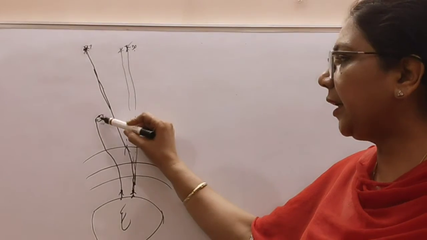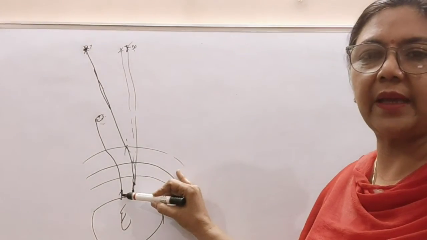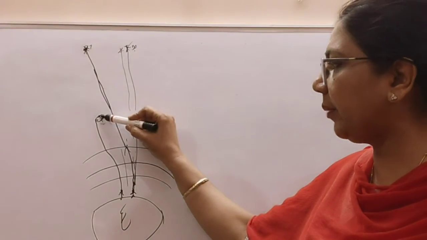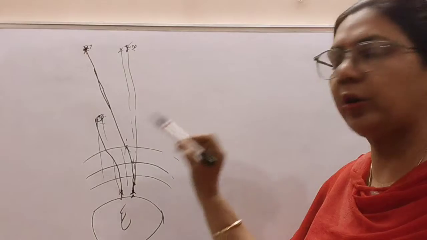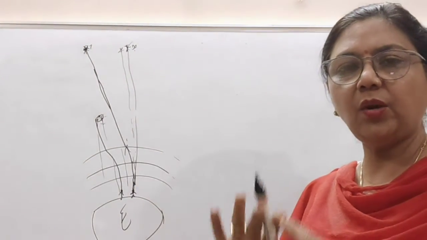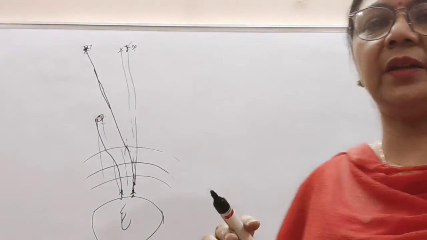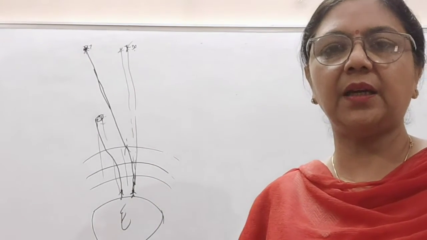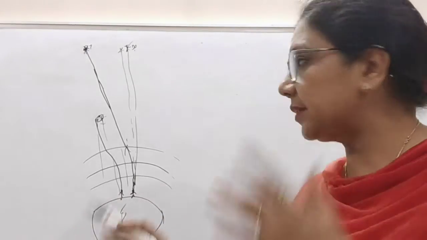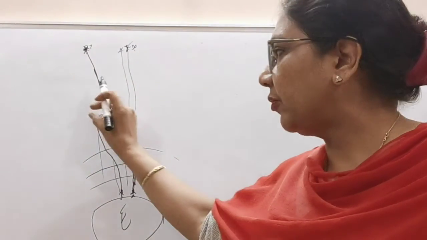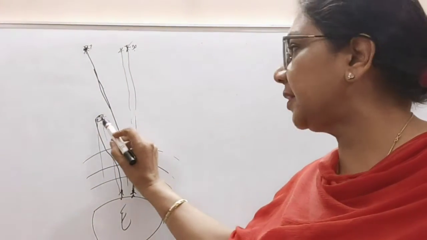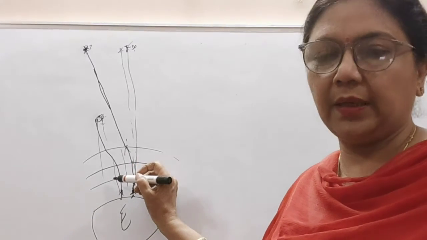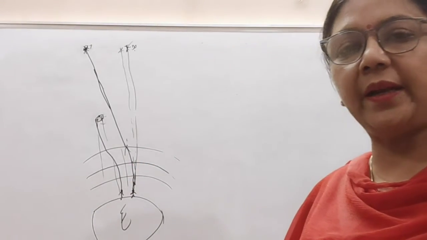If the rays are entering from this side sometimes, and these rays are not entering the observer's eyes, after some time the rays from here will enter and these rays may not. So what will happen? On the whole, the total intensity of light entering our eyes remains the same. It nullifies the twinkling effect. Sometimes the light may come from this part, sometimes from that part, but always the light will be there in our eyes. So that is why the planets do not seem to twinkle.